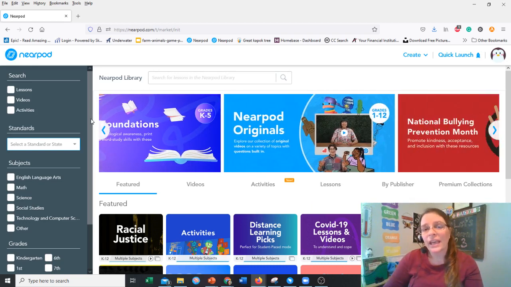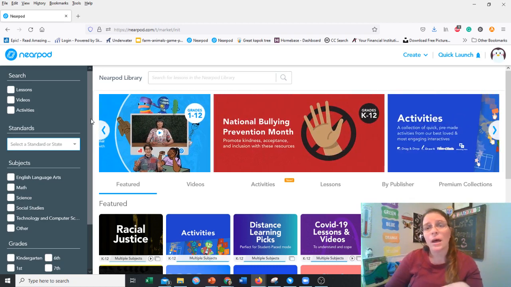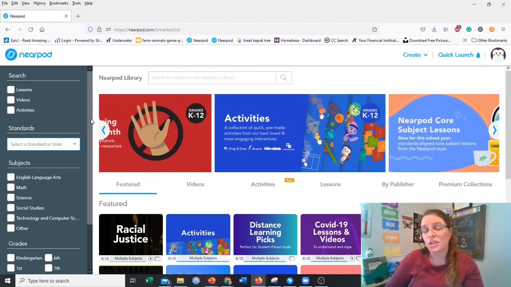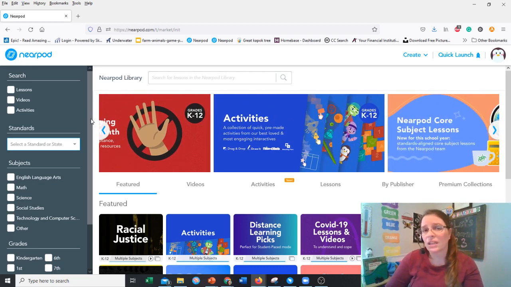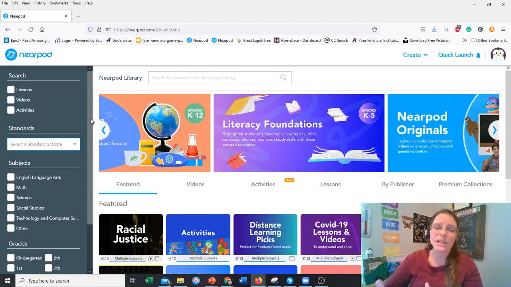But the free account, it's pretty good. It does allow you access to the entire library, and it does give you the ability to save lessons and things like that and use a lot of stuff. So I'm okay with the free account now. Well, what's the difference between the free account and the paid subscription? I don't know all of the aspects of the paid subscription because I don't have one, but